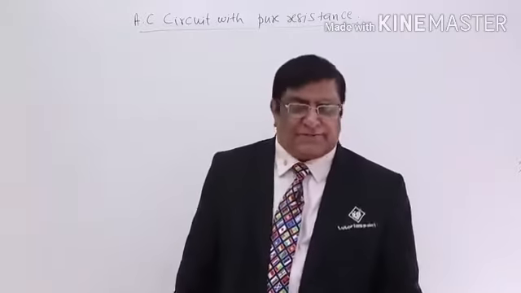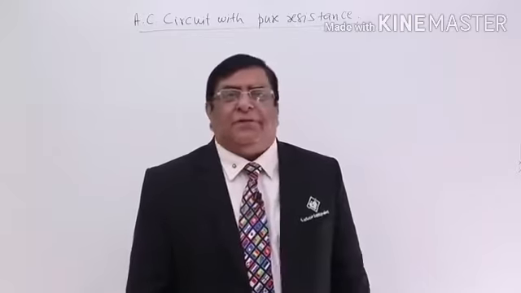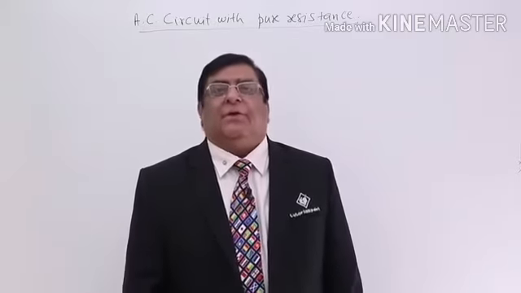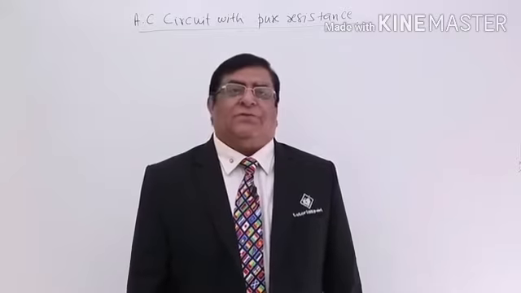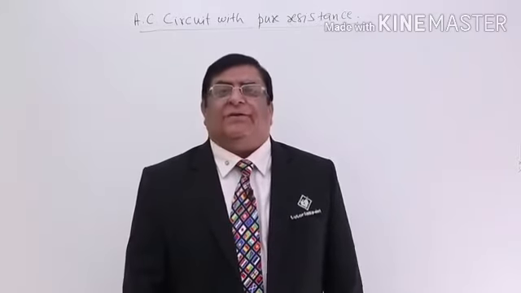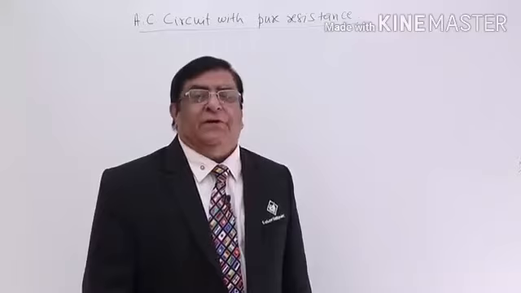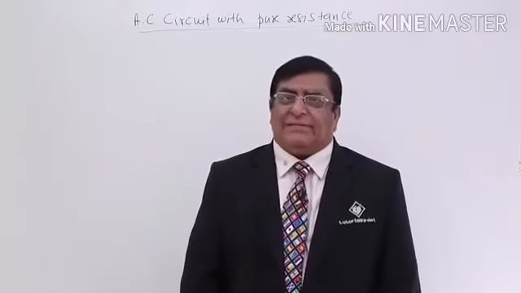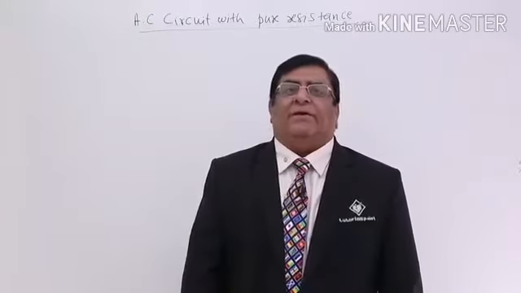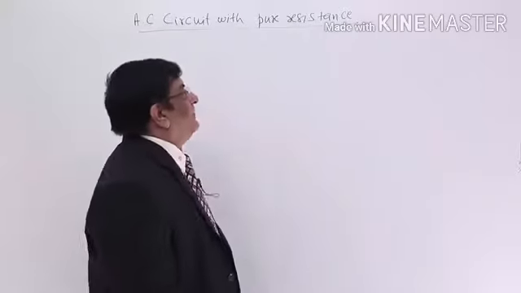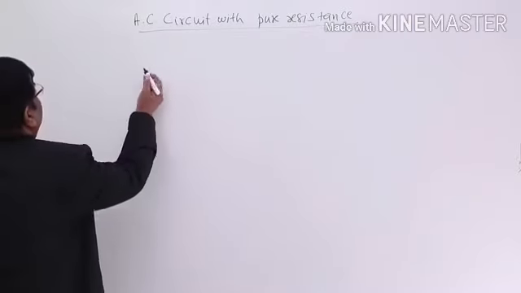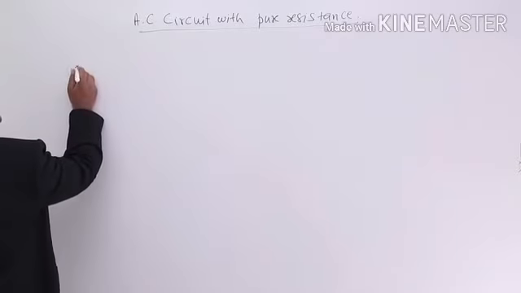How much it is different, that we are going to study, because there is a phase difference between V and I. Because of that, power may be different and there are other features which will be different. First we go for a very simple case. An alternating supply is connected through a resistance. So the first thing, we make a diagram, and that is a simple representation.